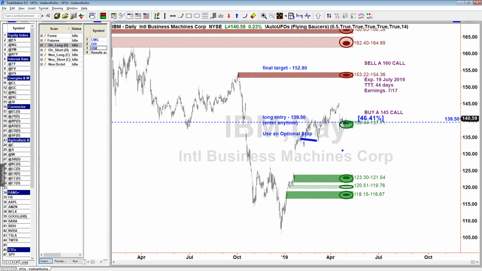So it's kind of like you have the stop built in, but instead of having the stop built in based on the price of IBM, you have the stop built in the price of the option because you cannot lose more than what you pay for the option. Is that making sense? So because of that characteristic of debit spreads, where the most you can lose is the debit paid, in this case $216, you could choose as well to not use stops and give that stock the opportunity that, let's say it was to fall or whatever, maybe now a new institution shows up, creates a new UFO that didn't exist before, and next thing you know, that thing now keeps going up,